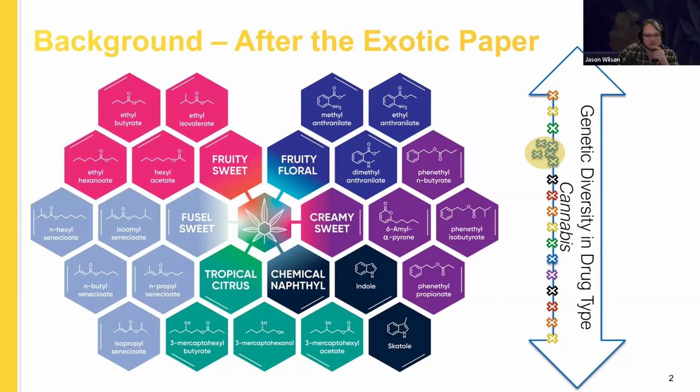Yeah, and that is part of what makes the analysis tricky also, is that they do look very similar, and that can be tricky. And the methyl anthranilate and the dimethyl anthranilate, I can't remember about the ethyl right off the top of my head, but those are both grape flavored or grape scented compounds found in grapes naturally. If you've ever smelled artificial grape flavoring, it smells just like that in its concentrated form.